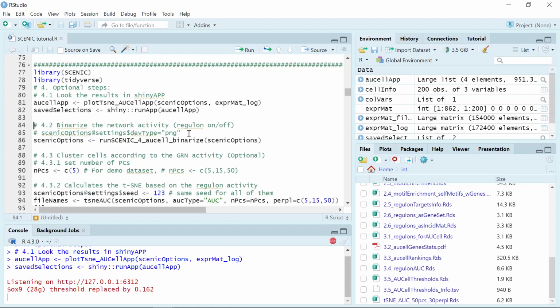Now we can run the first optional step to binarize the network activity. We just need to run the SCENIC AUCell binarize function. If we run this function, we will create the binarized regulon activity matrix and save it into the SCENIC options